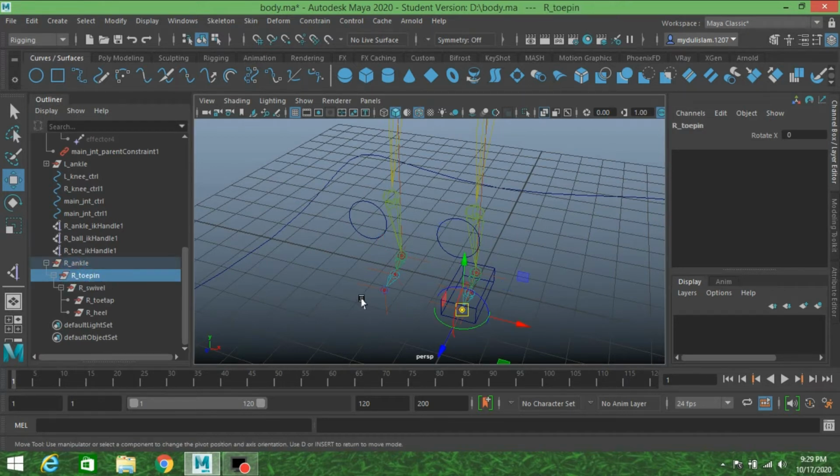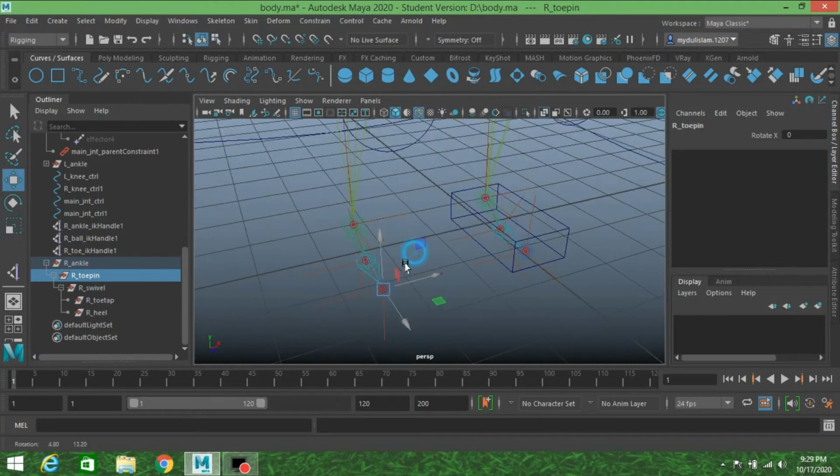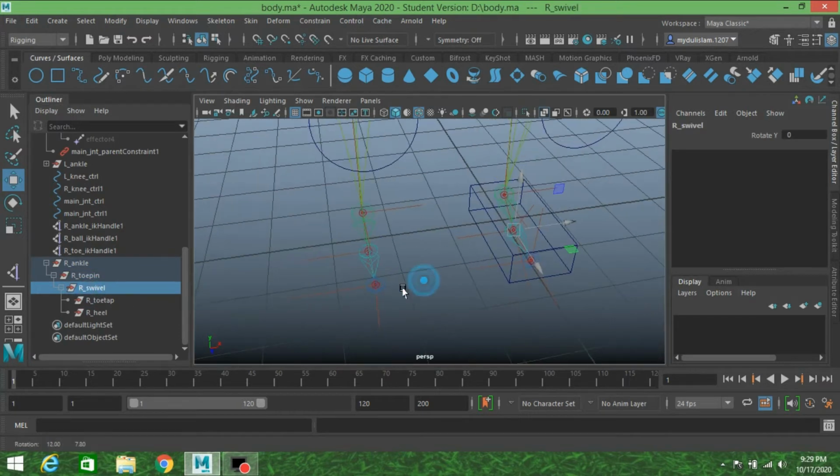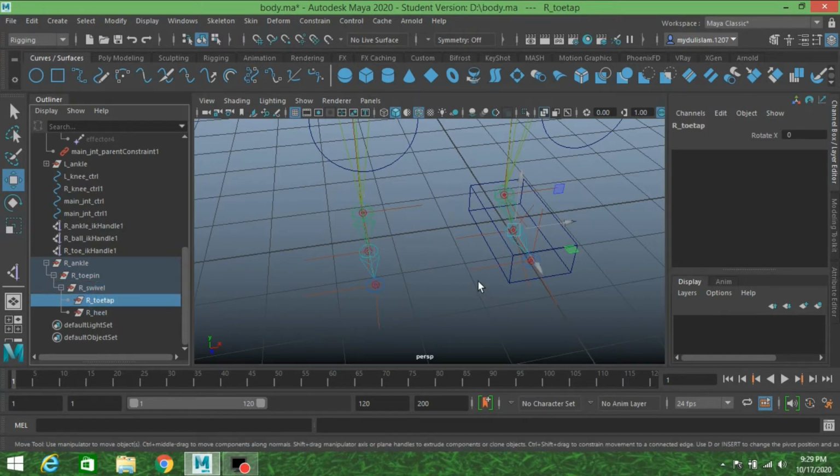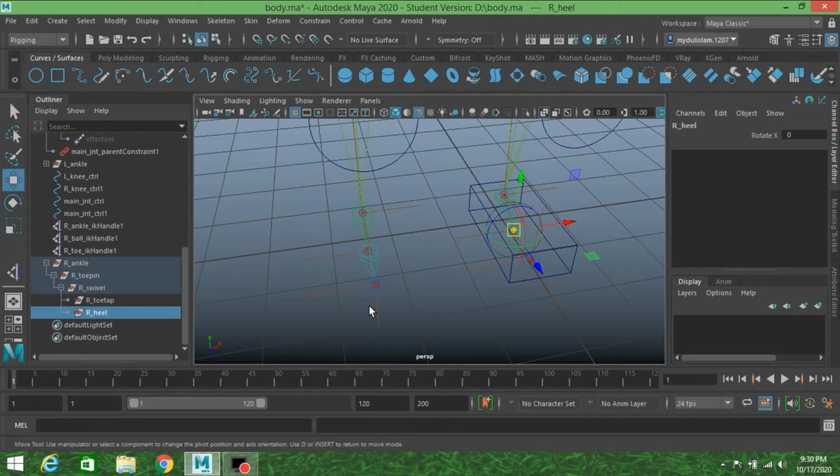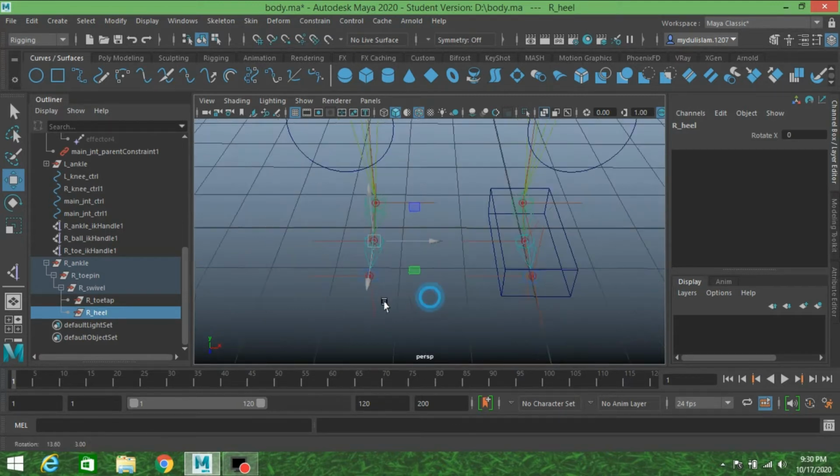Right toe pin, press D or Insert, press V to snap it to the right toe joint. Select the swivel, press D and snap it to the ball joint. Press D. Select the heel, press D, press V and snap it to the ball joint. Again press D.